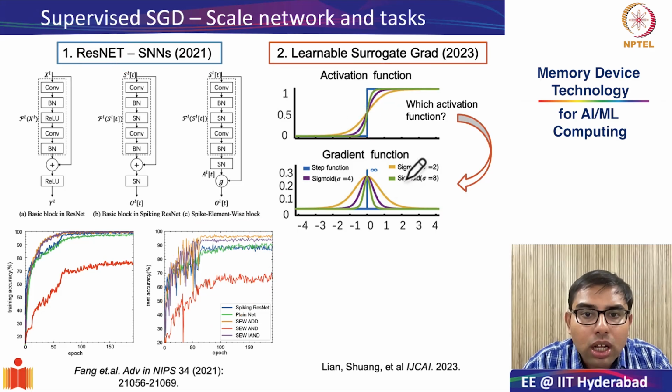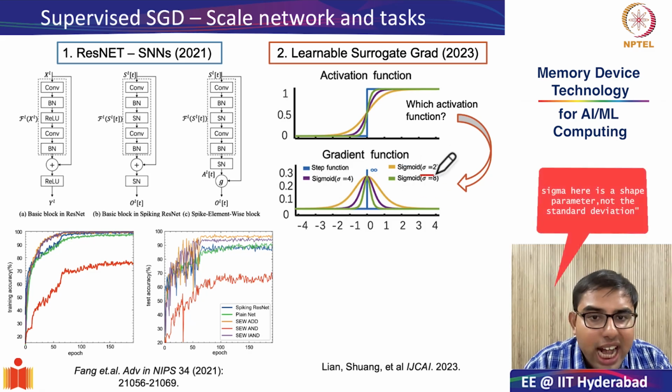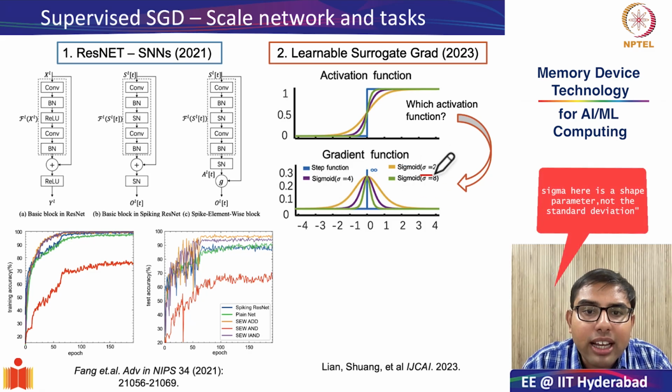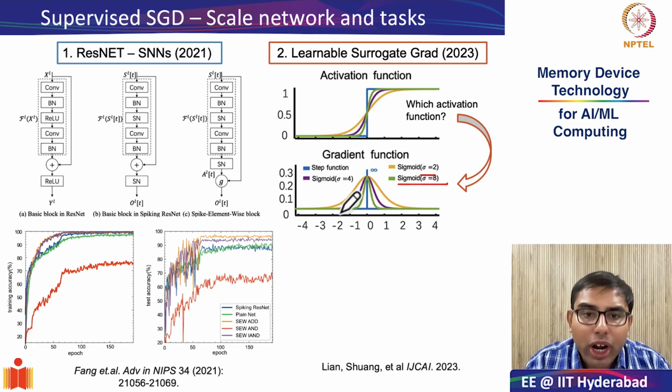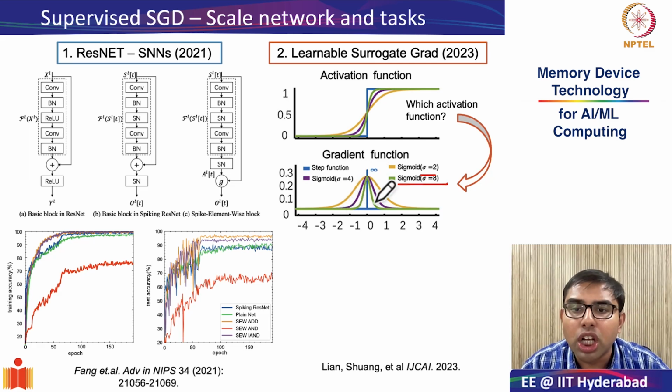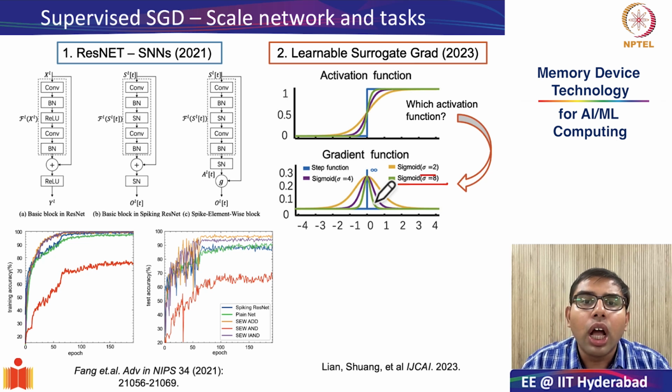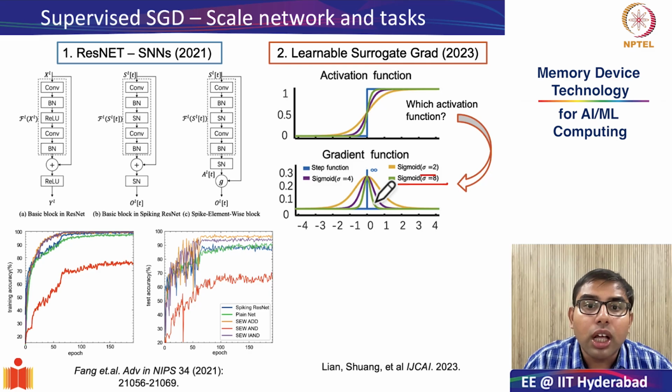You can smoothen it out by using a sigmoid function with different standard deviations. A standard deviation of 2 will have a very broadened out gradient function, whereas a sigmoid with sigma 8 will have a very tight gradient distribution. So the question they asked is, when we convert this abrupt function to a gradient-based function, which sigmoid should we use? And they were able to show that if they use one of these sigmoids, that is not optimal